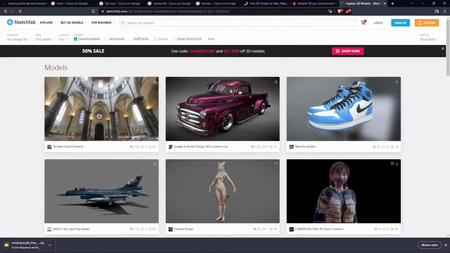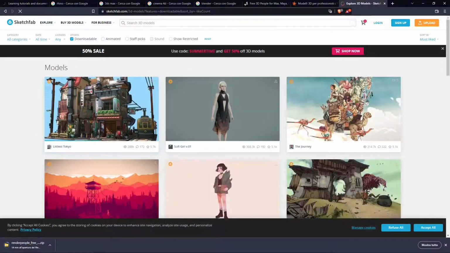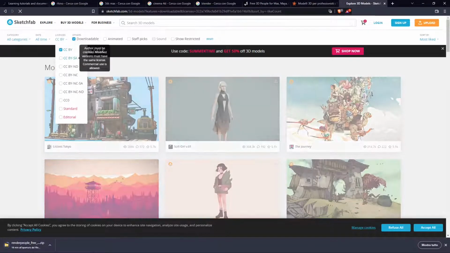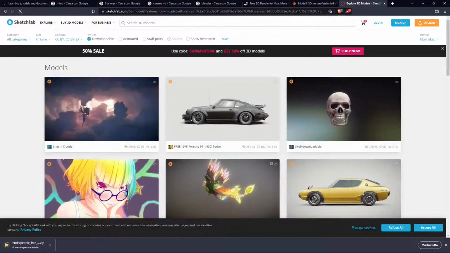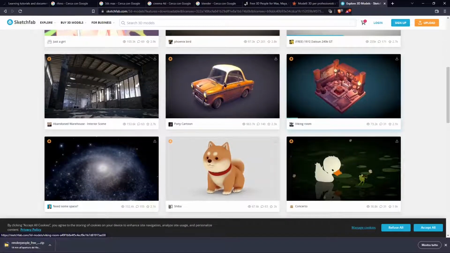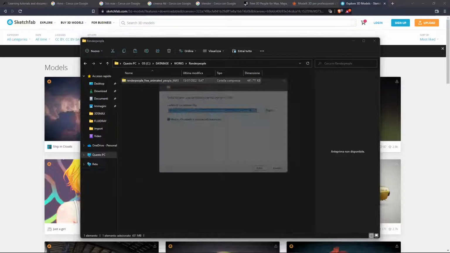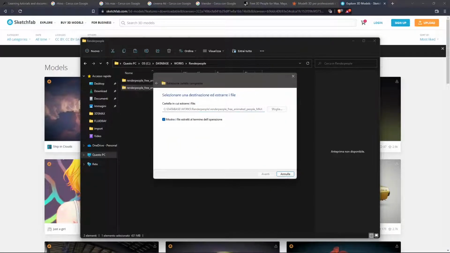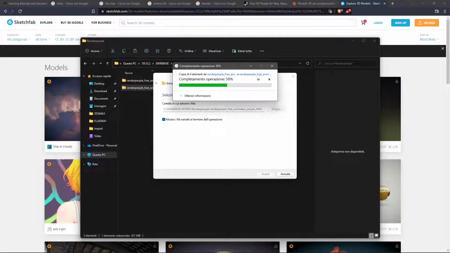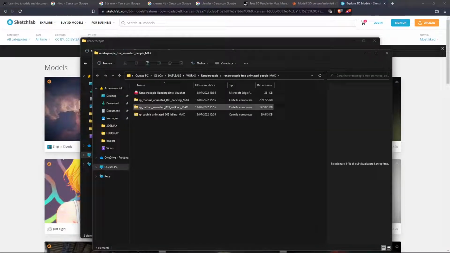You will find here shoes or any industrial design object that you want. You will find characters, vehicles. You can filter, you can search the downloadable and CC BY, CC 0, and you can download anything here. Now, usually when you use Sketchfab, you will find open source formats like Blender or GLTF. In that case, you will need Blender to open them up and then export them into a format that will